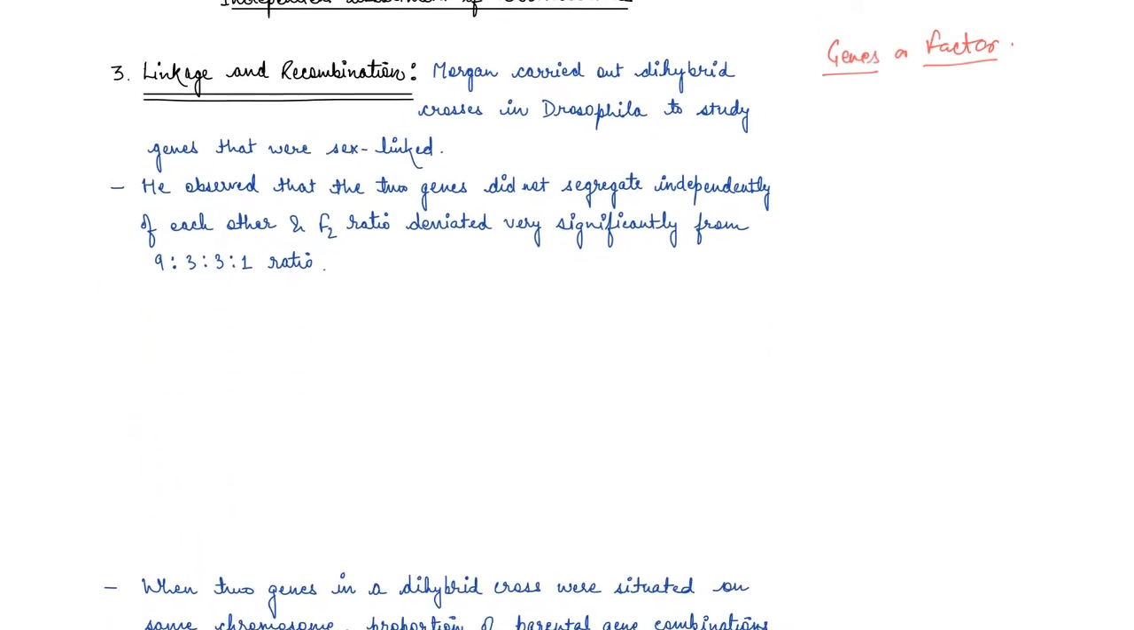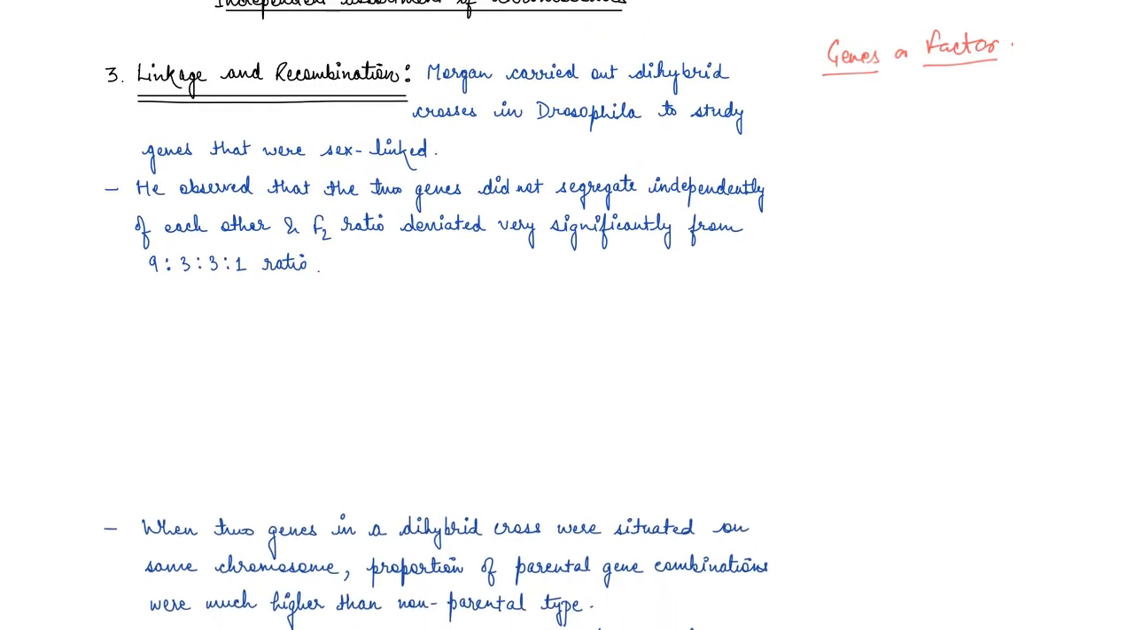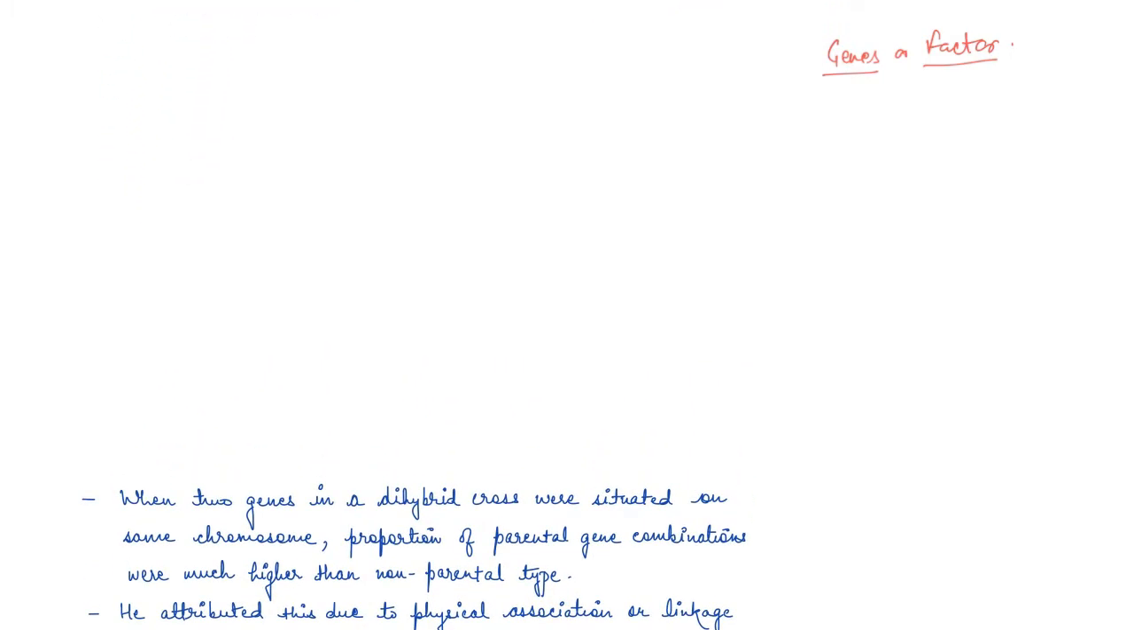So Morgan again carried out dihybrid cross in Drosophila to study genes that were sex linked. Okay. Now he observed that two genes did not segregate independently of each other, right? And the F2 generation ratio deviated very significantly from the usual one, which was 9 is to 3 is to 3 is to 1. Okay. So what happened is that when two genes in a dihybrid cross were situated on same chromosome, remember, when it was situated in same chromosome,